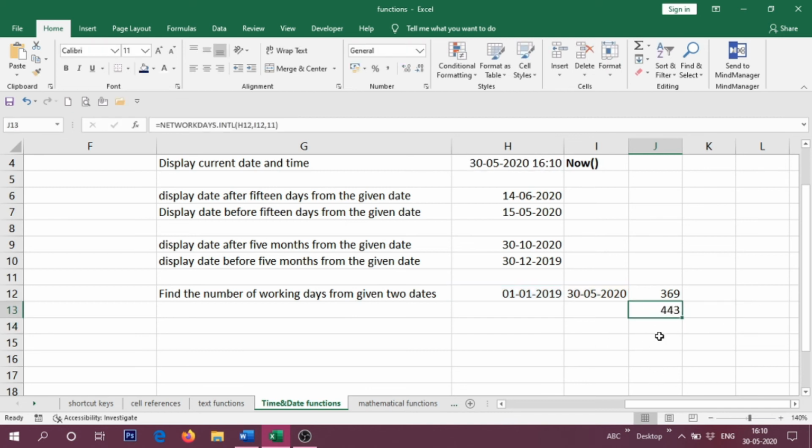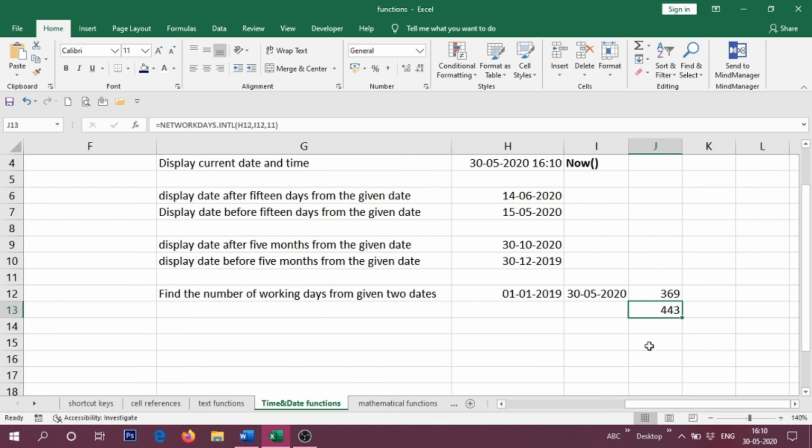Yes, Sunday only. Now you will get 443, which means Saturdays are included now. The number of working days is higher: previously it was 369, now it is 443. You can calculate manually or using a calculator to check it. The formula is working correctly.